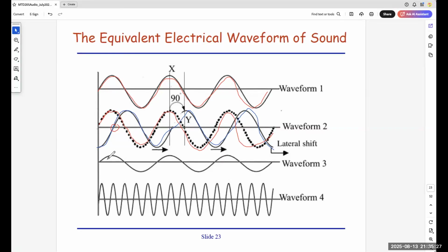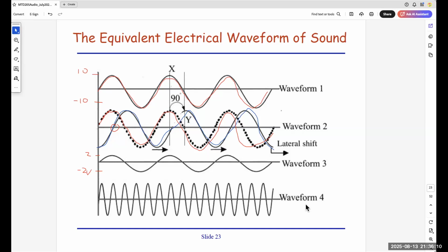Of course, waveform 3 is similar to waveform 1, except the amplitude here may be called A, and maybe I say this one may be 5, or maybe I put 10. This one may be -10, up and down 10 and -10. But this one is smaller, maybe 2 and -2. So slightly small loudness or small voice. This is more loud, this is less loud for waveform 3. But it's similar to X, except it's softer in terms of amplitude. Then waveform 2 is similar to waveform 1, except it shifts to the right, delayed by a phase of 90 degrees.